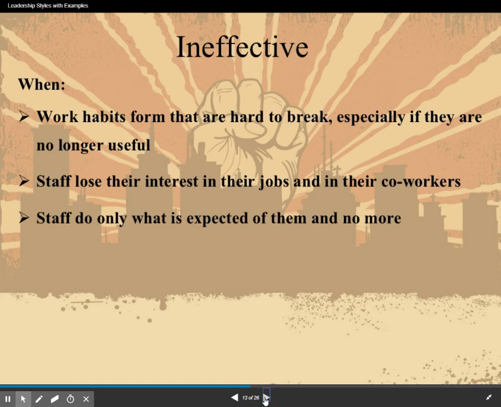But it's not always effective. It's ineffective when there is no gray area. Whenever an employee feels not useful, or feels like their job is not important, or it's not important to them anymore because they don't have any voice, they only do what is expected and no more. No one ever goes above and beyond. So in a grocery store, if all they cared about was you counting your money and not so much about how you treated the customer, then that would be an issue and people would stop coming there.